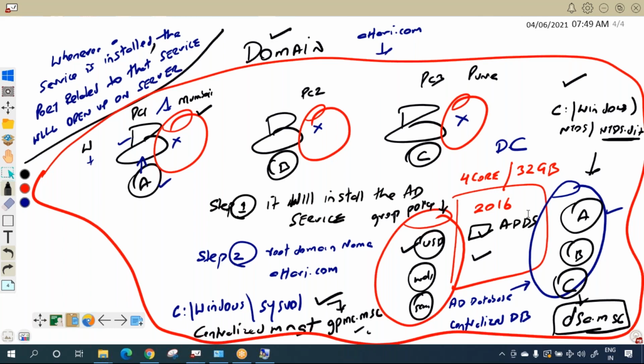And Bhavik has asked, what if we need to allow one PC to use USB in a DC environment? So that is possible, Bhavik, and we have the possibility to have OUs. You can even say that I just want the USB blocked only for the HR department, because HR people are